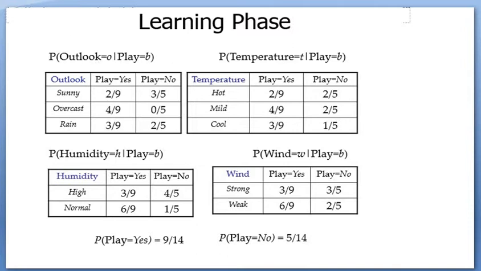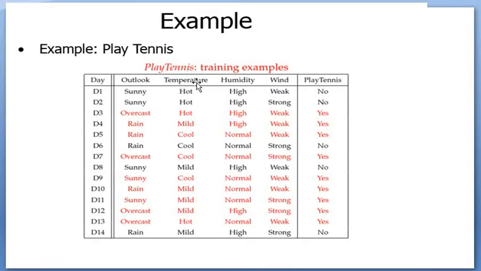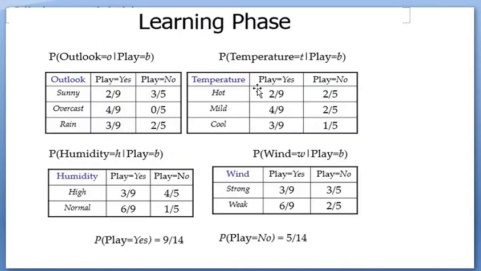This is one attribute. Take the second attribute, temperature, and check how many values are there. I can find 3 values again: hot, mild, cool. Again the same thing: for hot, how many yes and how many no's; for mild, how many yes and how many no's. You classify each and everything like this.